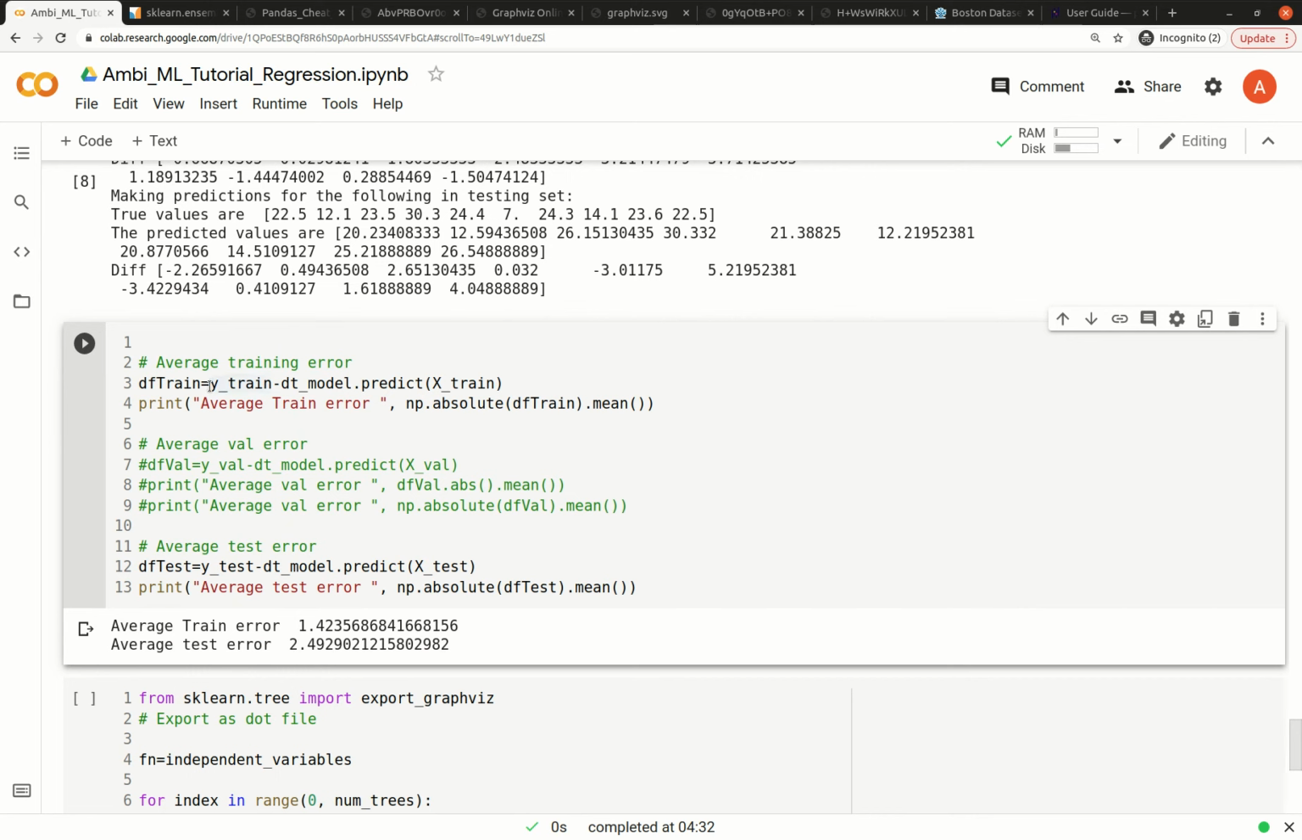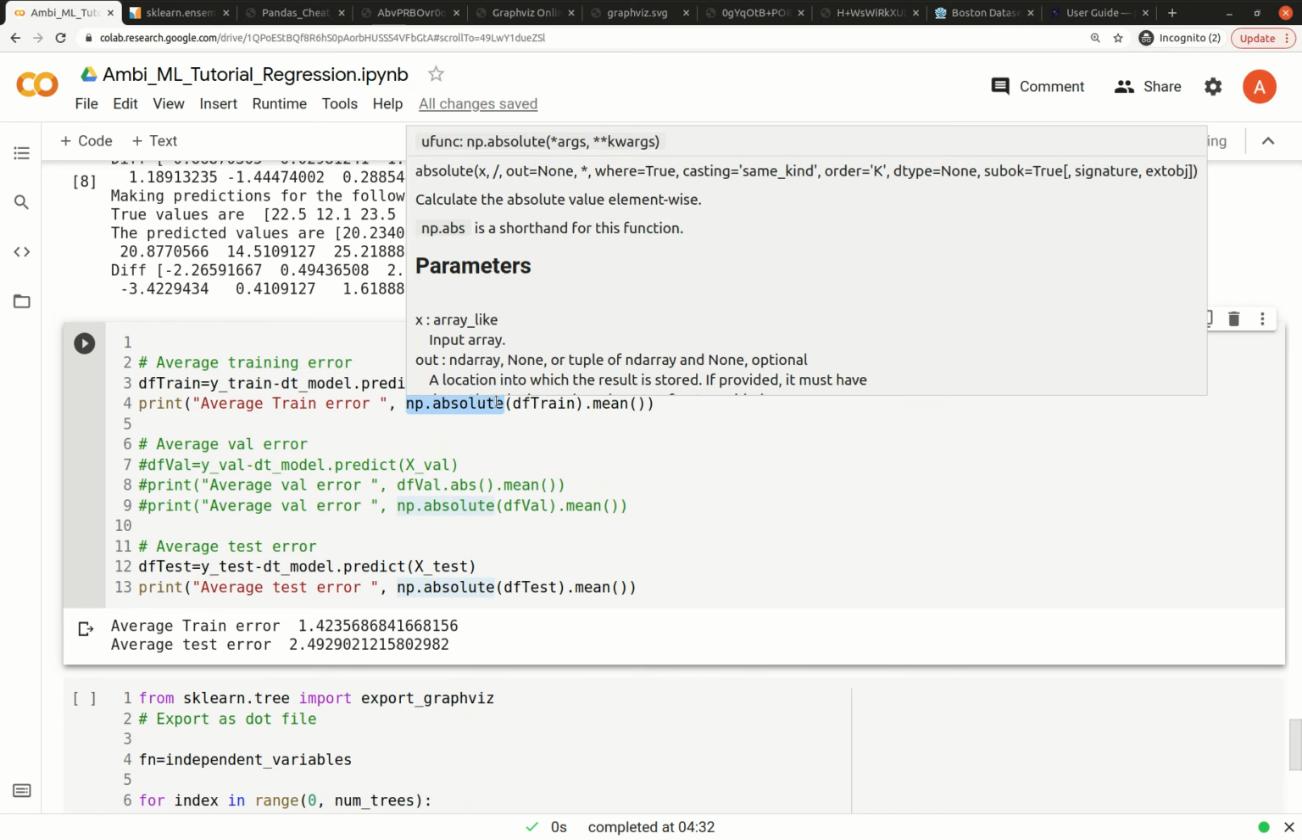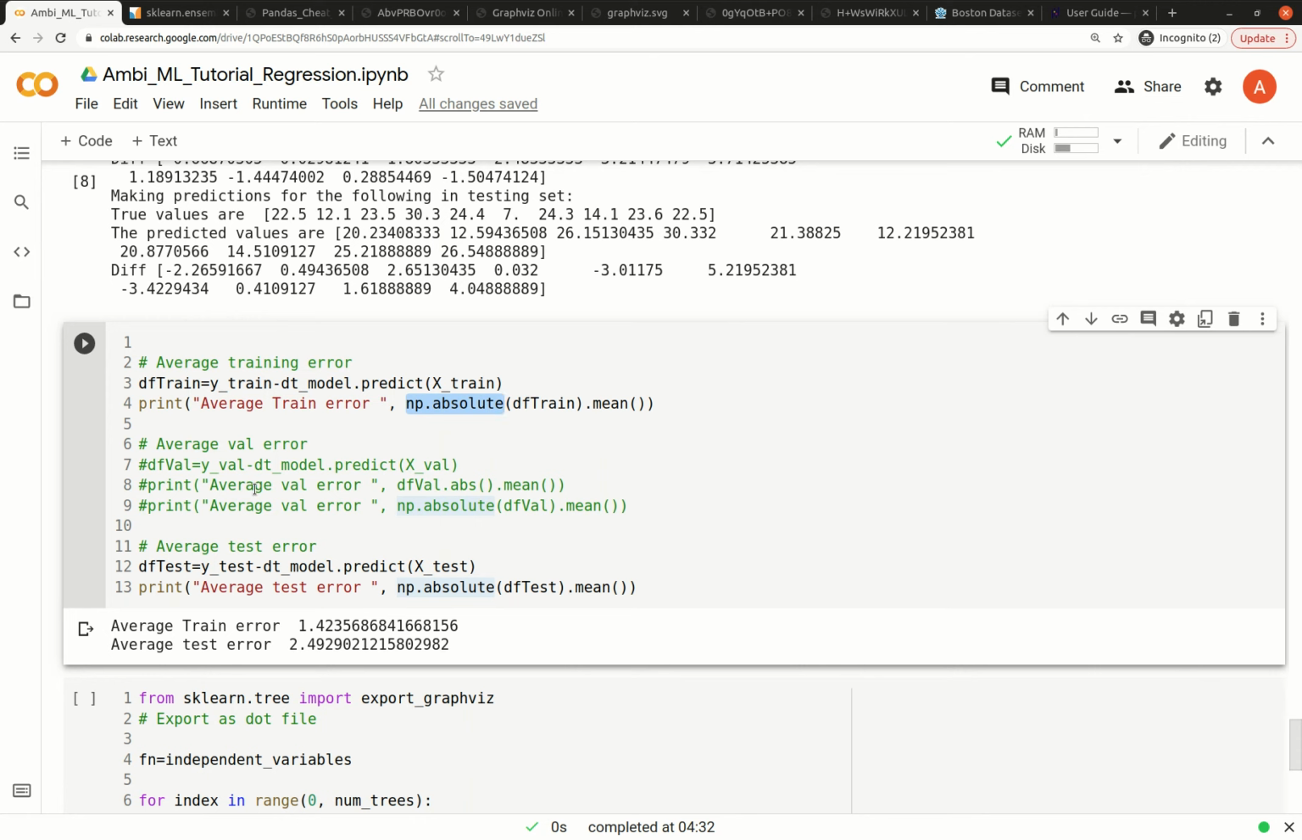And out here, what I do is I calculate the average error in the training and the testing dataset. So here I'm saying y_train, which is the true values, minus dt_model.predict, so predict the values on the training dataset. So y_train is my true values, and these are my predicted values. I subtract them, and then I take the average using the numpy.absolute function. I take the absolute value because sometimes the error will be positive, sometimes negative, and what we want to get is the true error. So we take the absolute value, and then we take the mean, and we do the same for the testing